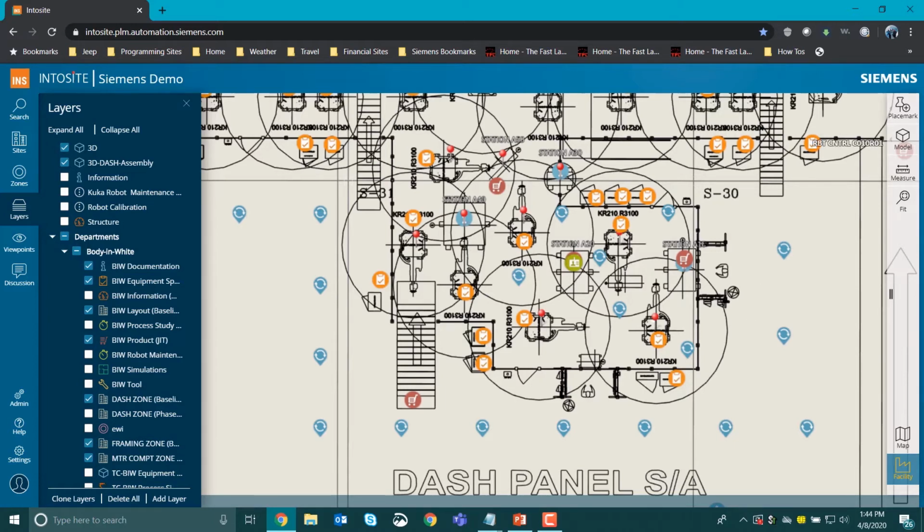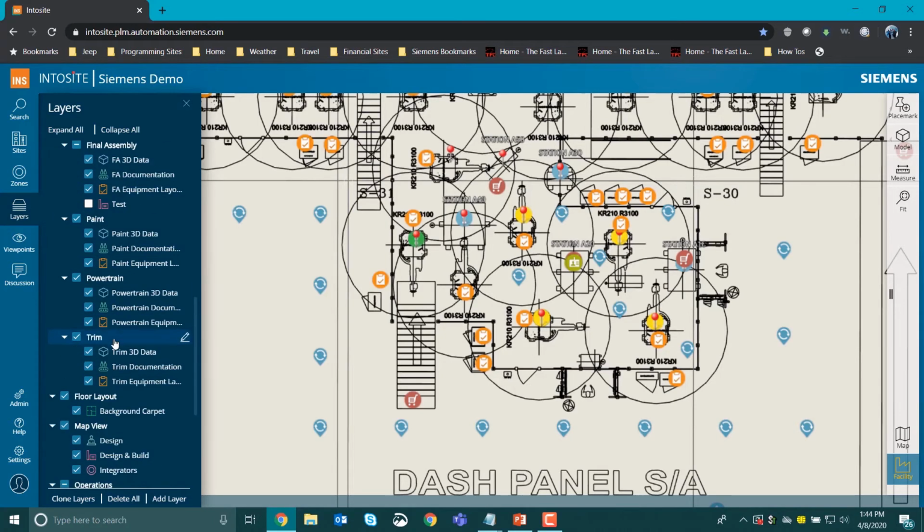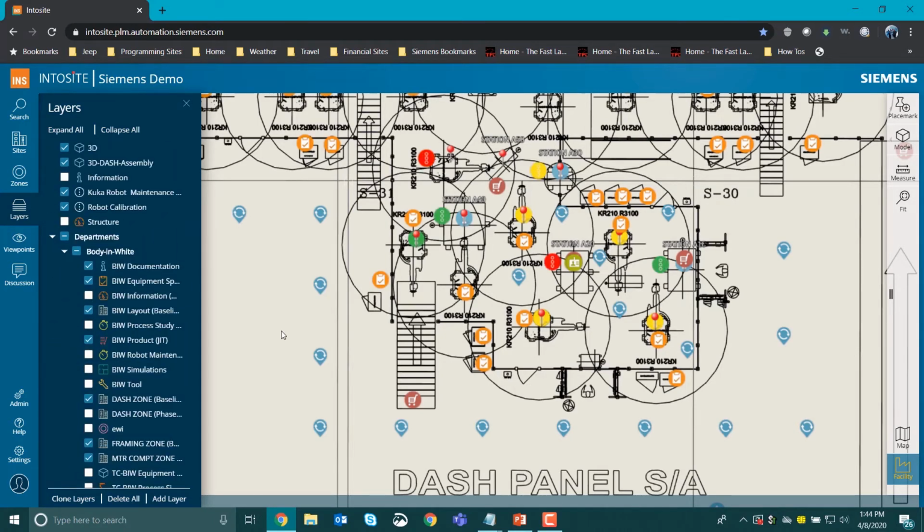I had also discussed a few components of things such as live factory floor communication. So I'll go ahead and turn on a few status layers that we have available. Now these status placemarks are actually dynamically connected to other applications that are feeding a live stream of data to Intosite to allow these to provide a quick visual cue if any further attention is needed at each one